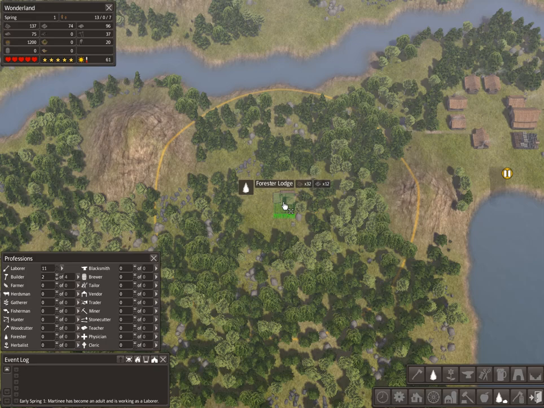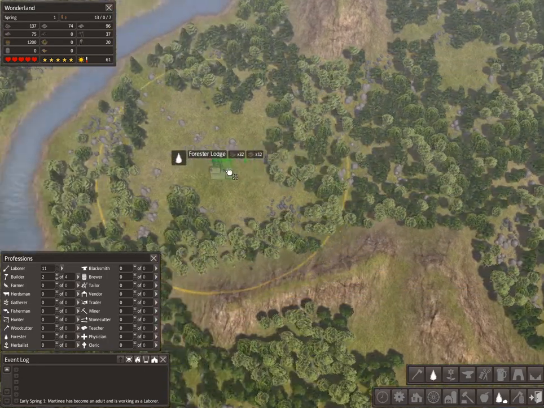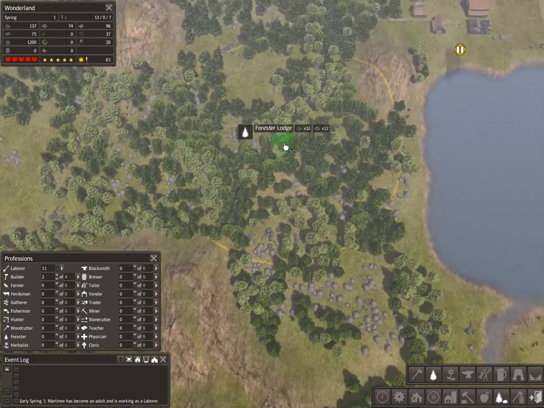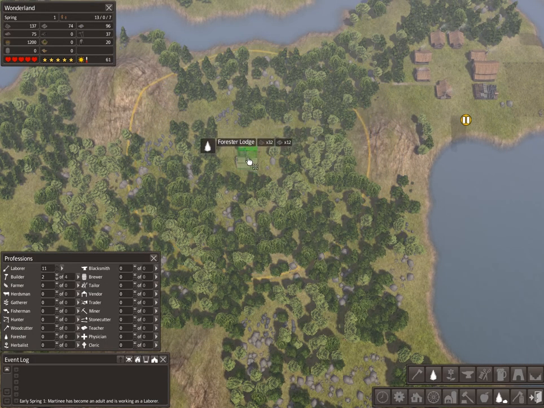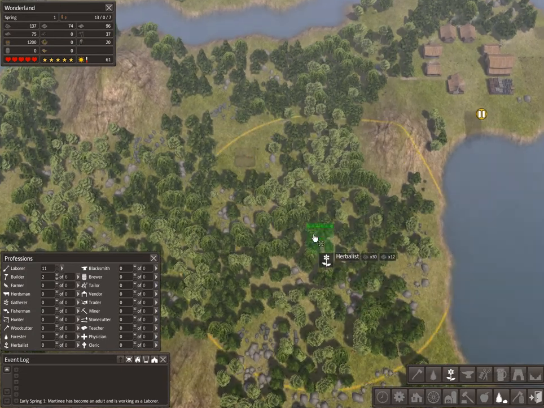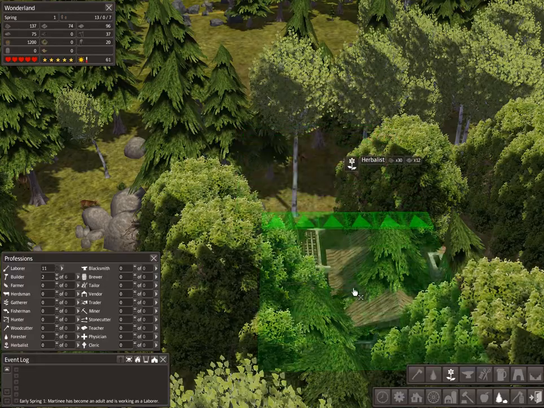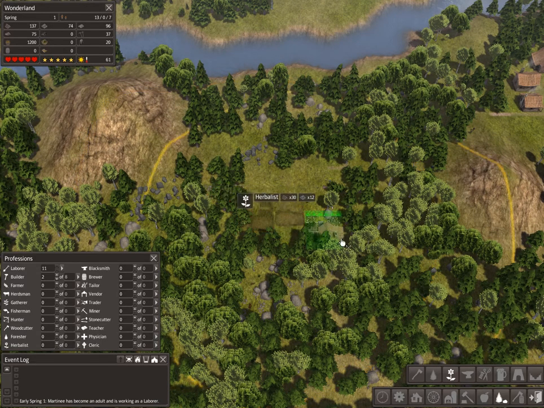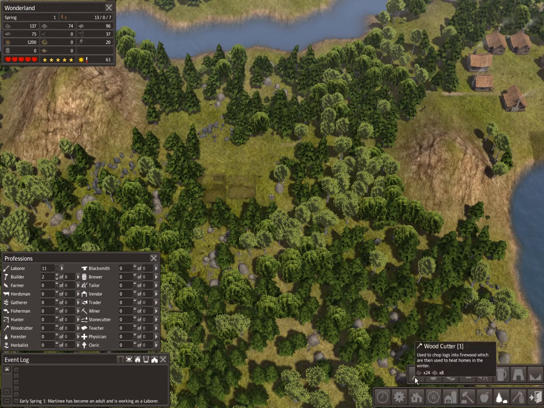Okay, so Forester's Lodge, you want that perfect circle. In reality, you'd want it like right there, but that's just a little too far away from the actual town. And we can always just pare that down later. Okay, so that was a Forester's Lodge. It plants new trees and they chop them down and give the town wood. Okay, an herbalist gathers herbs and provides simple health and healing for citizens. If you see these little mushrooms and the little plants, herbalists will grab the ones that are for medicine. And then the gatherer,